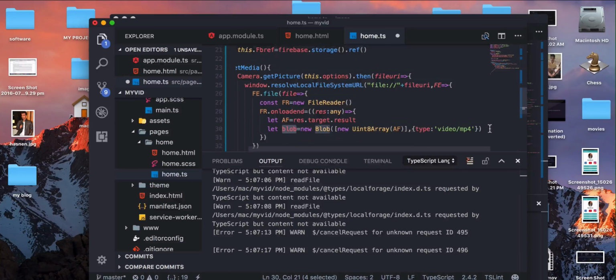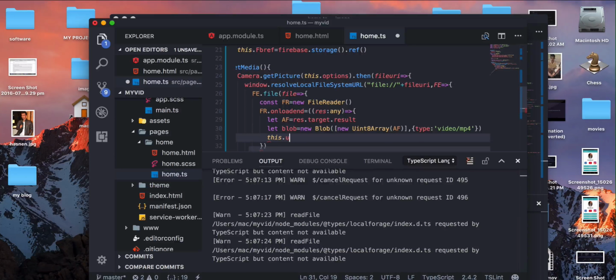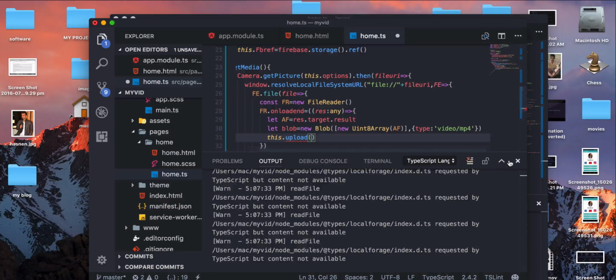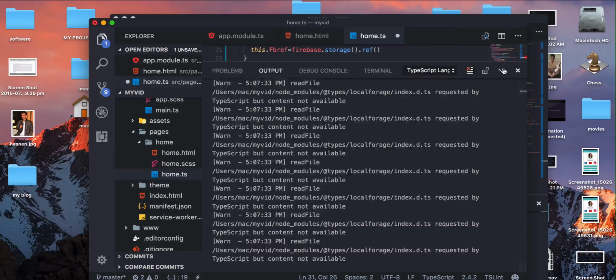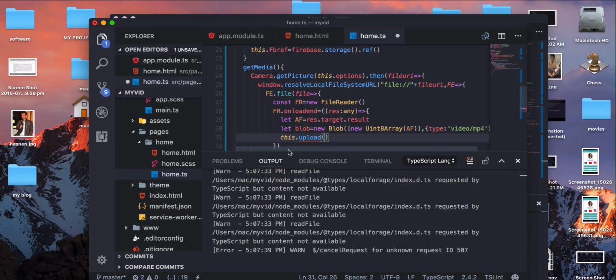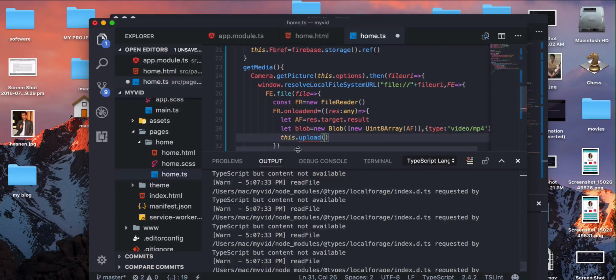Now we will call the upload function right from here, this dot upload, and don't forget that we are reading this file as an array buffer. So you should be telling the file reader that it should be of type array buffer. So I'm sorry,